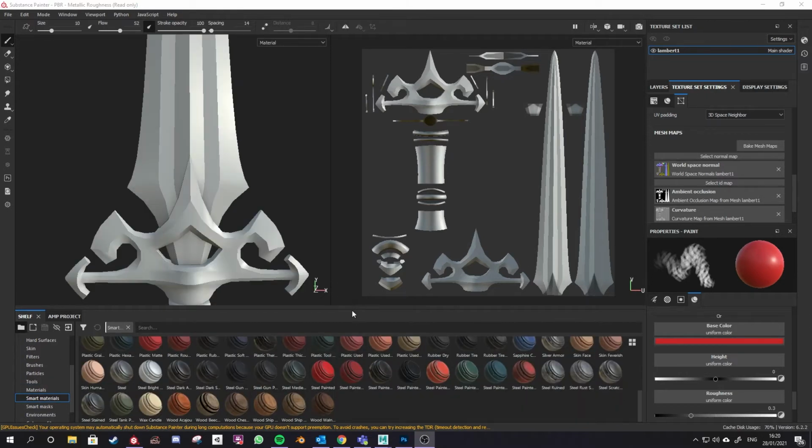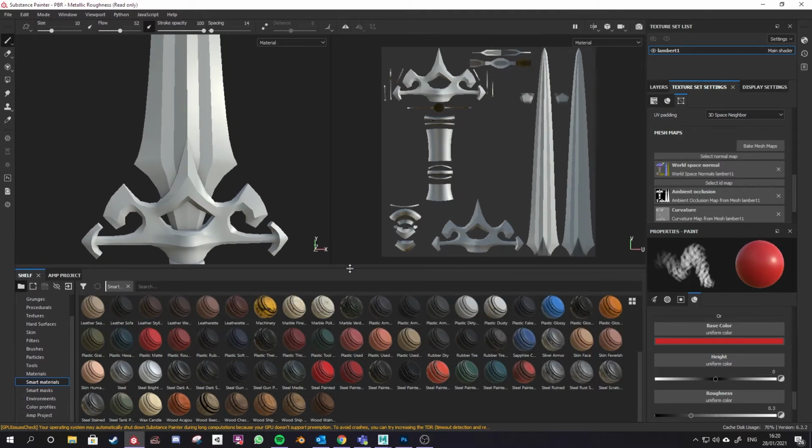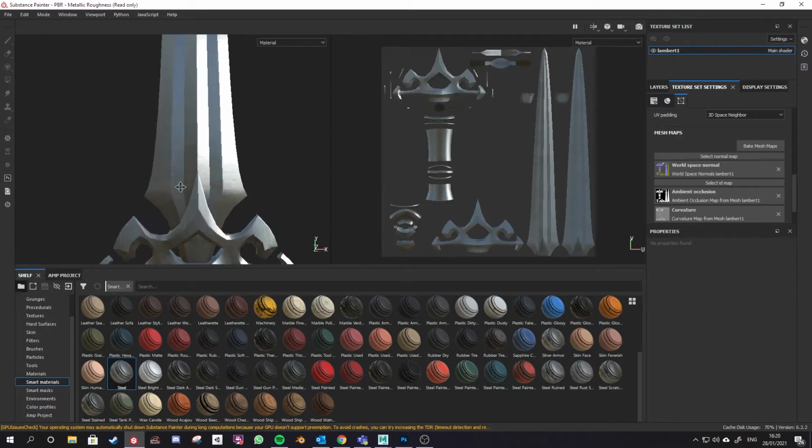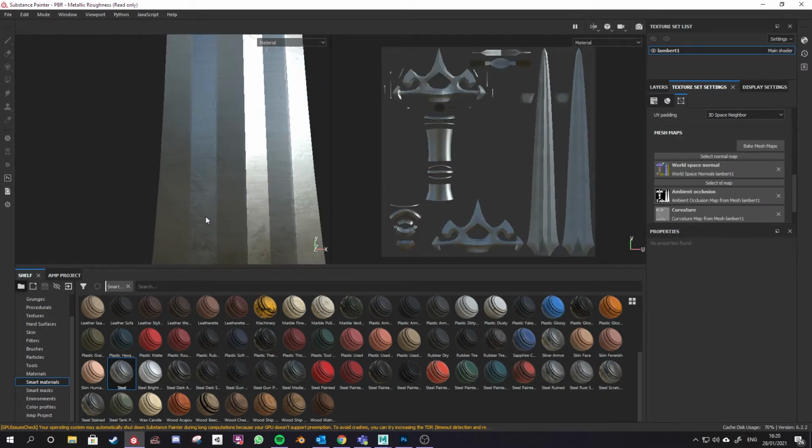We'll give ourselves a wee bit more room on our shelf here just by dragging this up. And you can see that everything's arranged by material, so all the plastics are under P here. So we want steel first of all. Let's take a look. We start with basic steel. I can drag that onto my model to apply it and see how it looks. And then